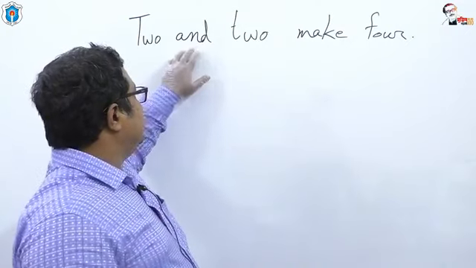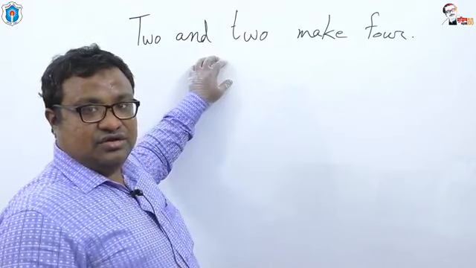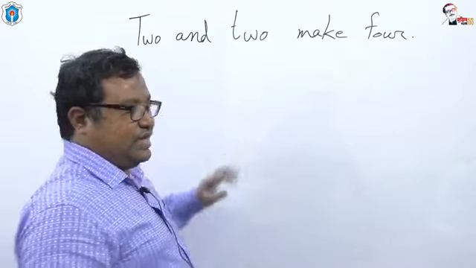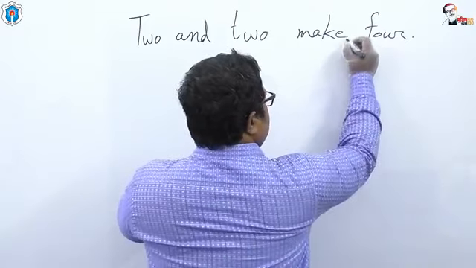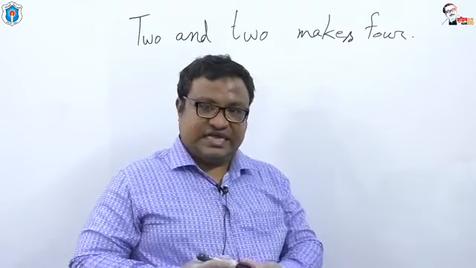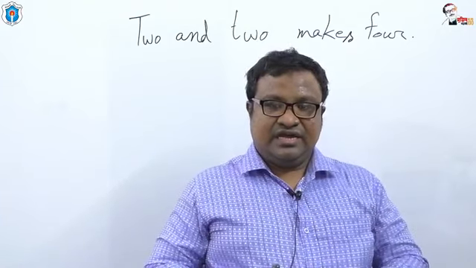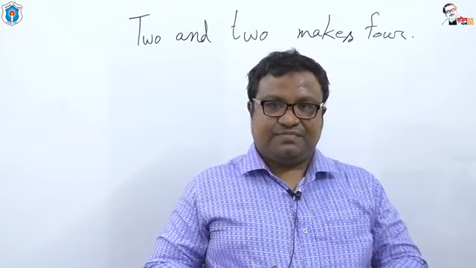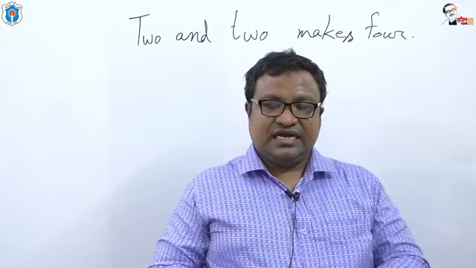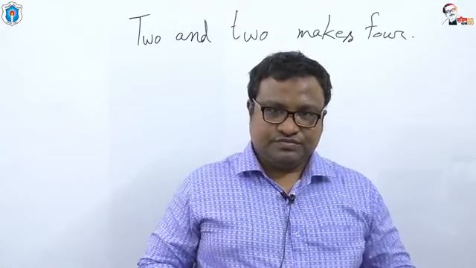While being added by the conjunction and, it must be considered as a singular unit. That's why we have to correct it: "2 and 2 makes 4." In the same way, "bread and butter is our familiar breakfast," not "are our familiar breakfast." "Rice and fish is our chief food," not "are our chief food."